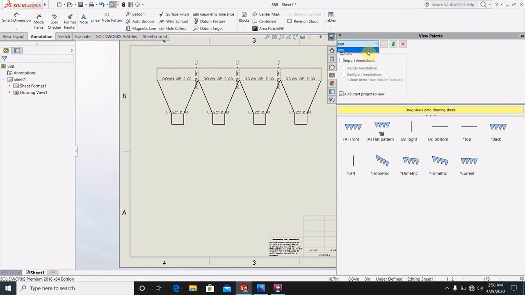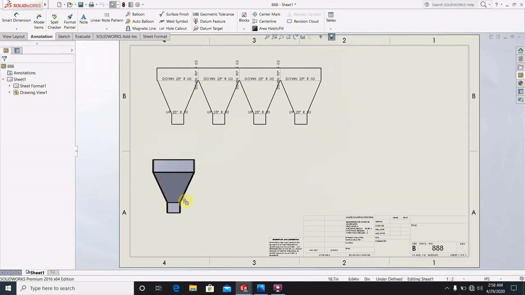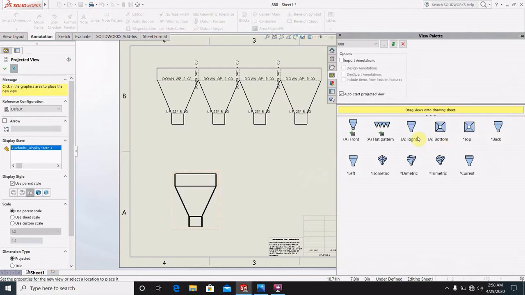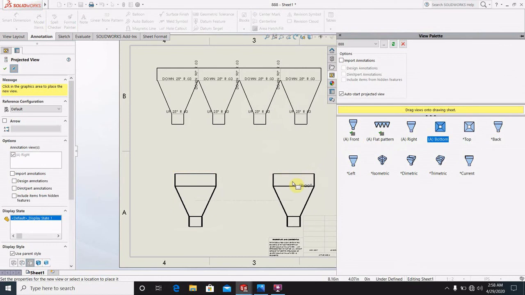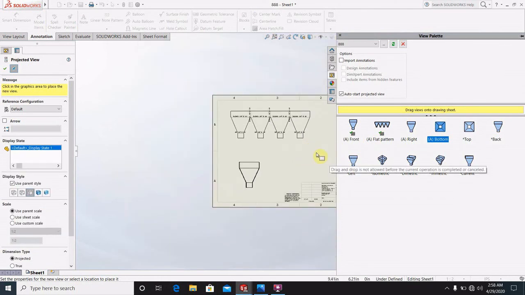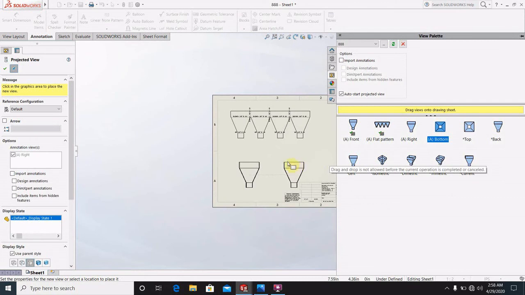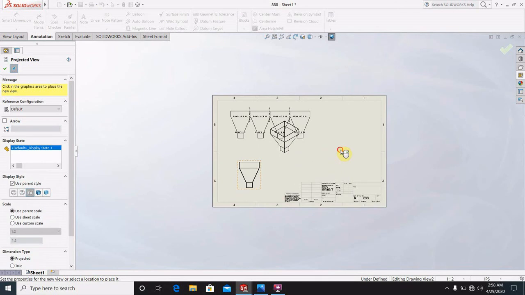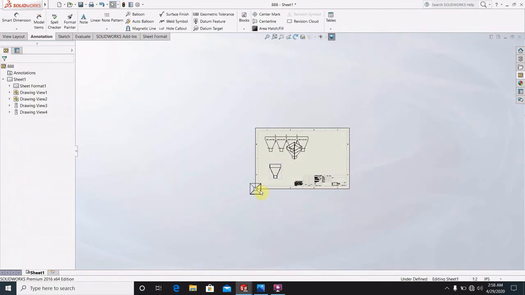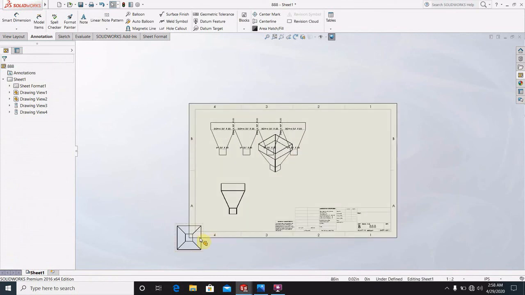if you see here, this is the front view. Okay, this is the bottom view. This is the isometric view actually, and let's accept.